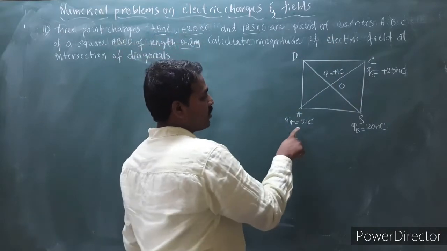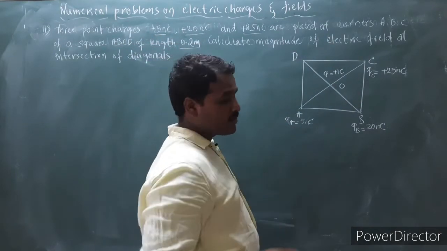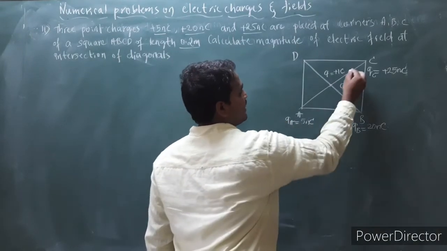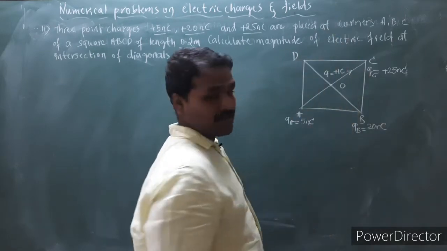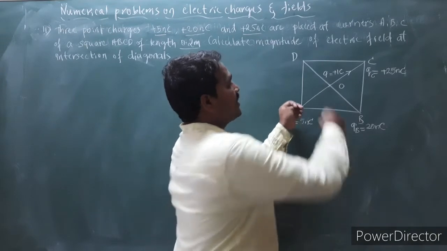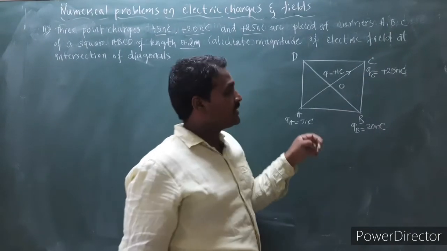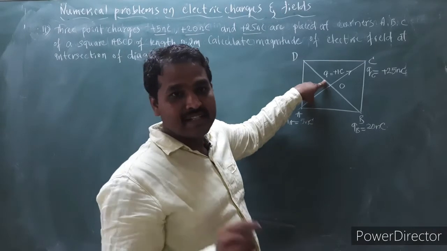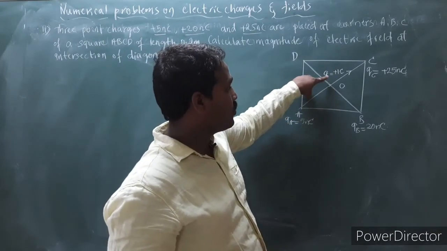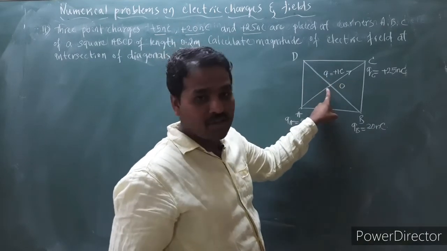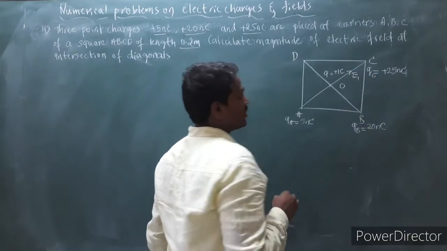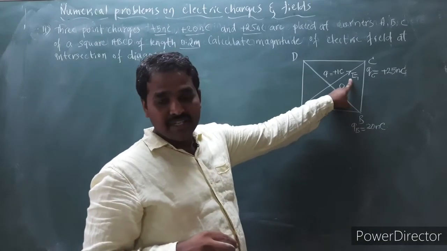We can clearly observe here charge A is a positive charge. So the electric field at O because of this charge A will be away from the source charge, because the test charge is always positive, source charge is also positive here, both will move away from each other. The direction of electric field is the direction in which the test charge moves. So in this example, the test charge Q moves away from the source charge along O to C. Let me call the electric field because of charge A as E1 here.